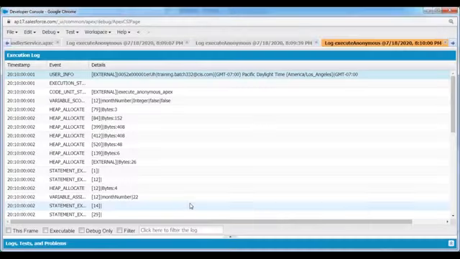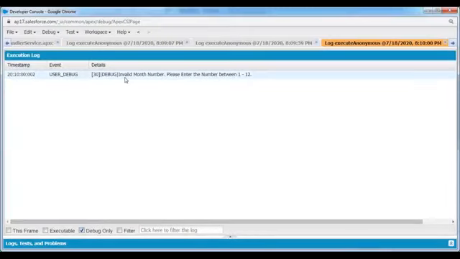Let's see. 22 is nothing but an invalid value, so it has to display the message: invalid month number, please enter a number between 1 to 12. Don't enter a value less than 1 or greater than 12. The month number value should be between 1 to 12 only. Like that, we can print a message if the user has entered wrong information. When the user supplies the wrong value, we can show some message to the user. This is how we are going to implement this